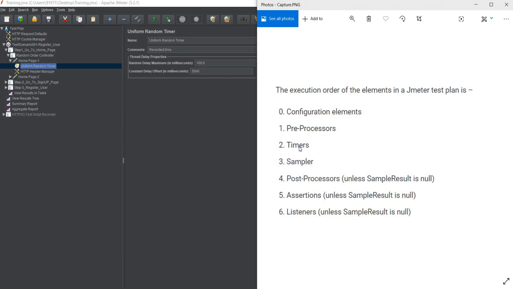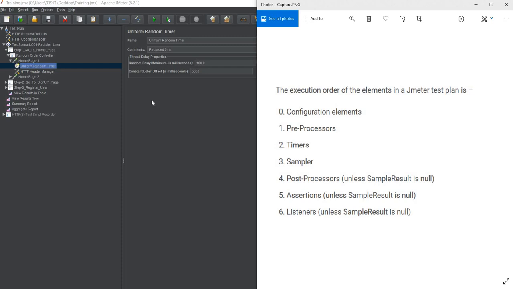And as it was a simple transaction controller and everything was to be executed in sequential order, everything stopped before this. But if it had been a parallel controller, then other requests would have triggered except homepage 1, because the timer was applied only to homepage 1. Now the assertion is at the last, which are these 3.